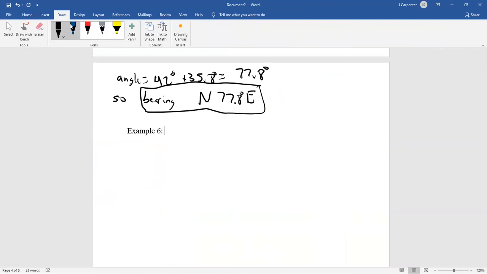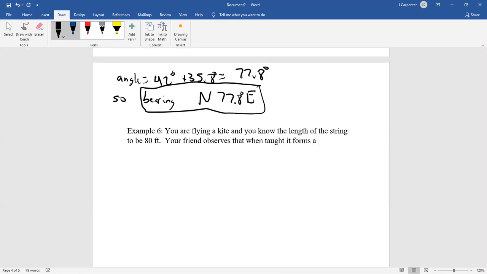Last example of the section, example 6. You're flying a kite, you know the length of the string, the 80 feet. How do you know? You extended it and you measured it. A friend observes that when taut, not as in teaching, as in a tight string, it forms a 22 degree angle